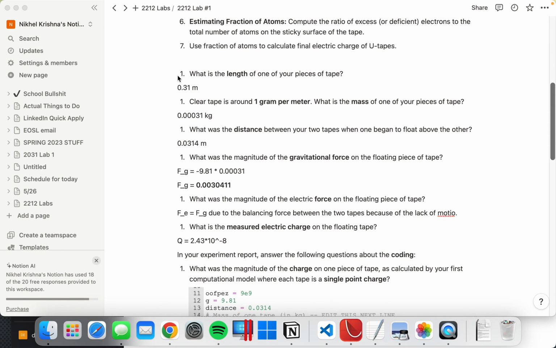So here are some of the values in our experiment. We have a length of the tape being about 31 centimeters. Using the assumption that clear tape is a gram a meter, we can say that the mass of one of the pieces of tape is 3.1 times 10 to the negative 4